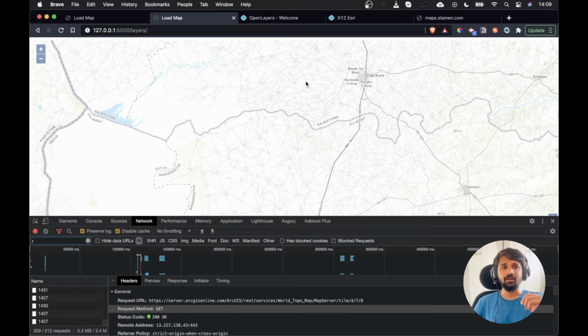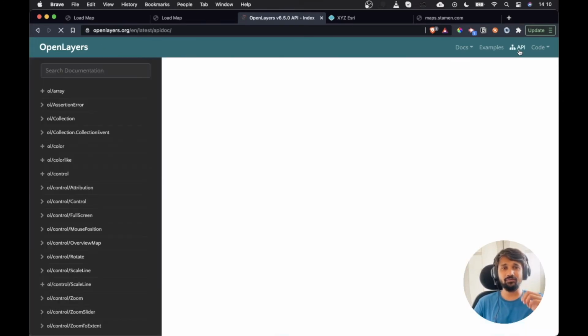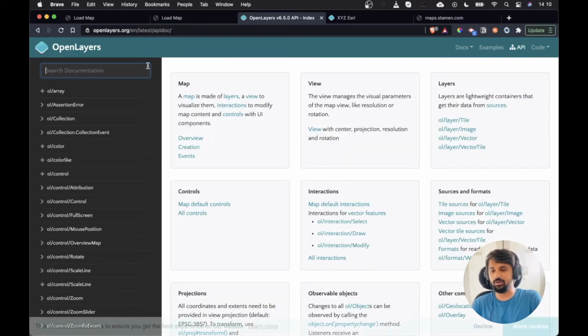Apart from that, in vector layer we can do so many things. We can load the layer directly from a GeoJSON file. We can load the vector layer even as a raster layer, which we will see how to do. We can also load the layer as a heat map layer or even as a cluster layer. OpenLayers has a lot of these functionalities, and most importantly, the documentation of all of these is well written. Now let's head over to the documentation of OpenLayers and see what different types of layers are supported by default.